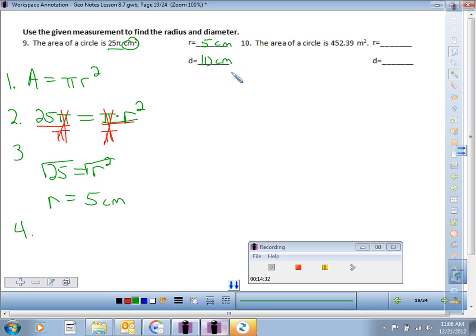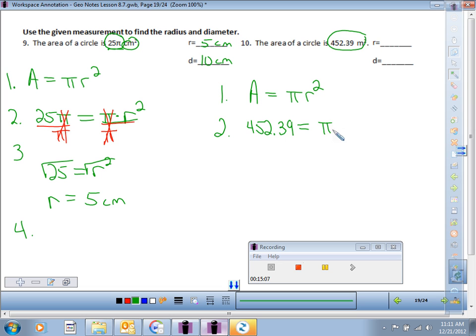Now, number 9 and number 10 set up very similar, but solve slightly different, because if you look at number 9, my area was 25 pi. I don't have that over here. The first thing we need to do at number 10, again, we're going to write our formula down. The area of a circle is pi r squared. Now we're going to substitute in what we know, and this is where it becomes a little bit different. Over here it was 25 pi. Right here it's just 452.39